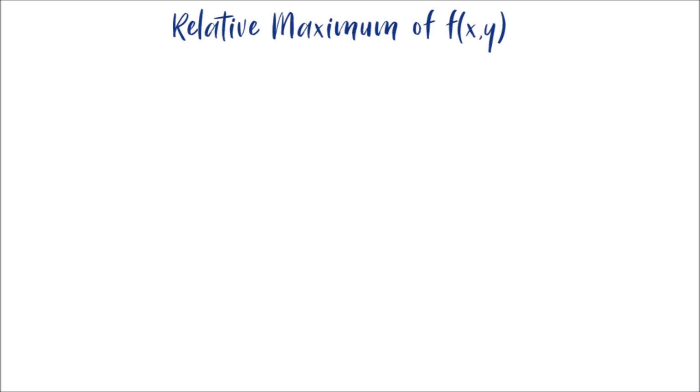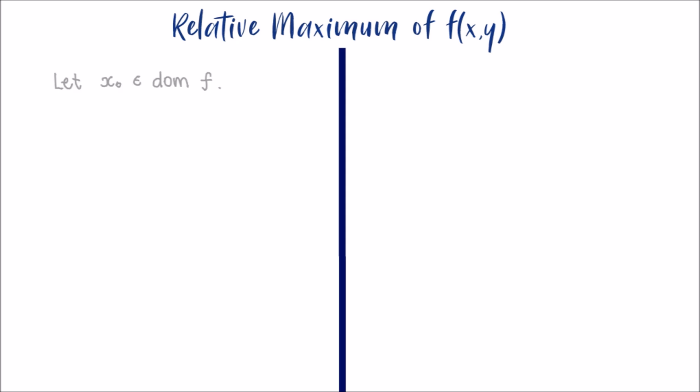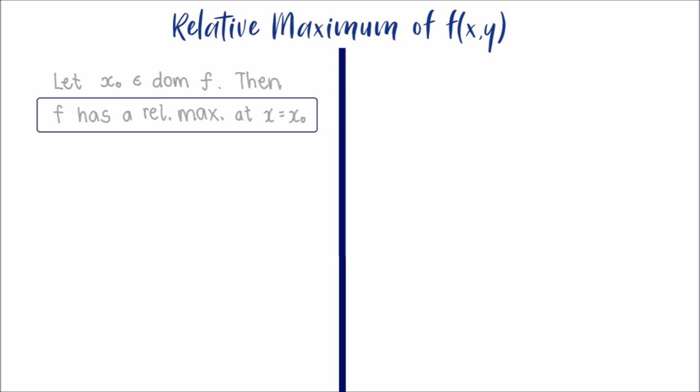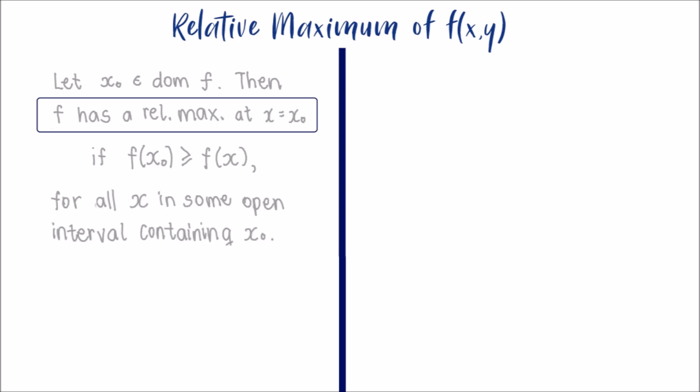Before we define the relative maximum and minimum of functions in two variables, let's recall the definition in single variable. Let's take a point x0 in the domain of f. We say that f has a relative maximum at x0 if f of x0 is greater than or equal to f of x for all other values of x in some interval containing x0. To illustrate, f has a relative maximum at this x0 if there is some open interval that encloses this x0 such that the value of x0 under f is greater than or equal to the function values of other x